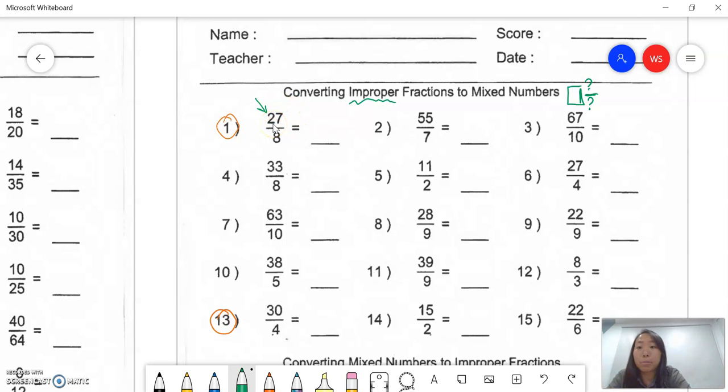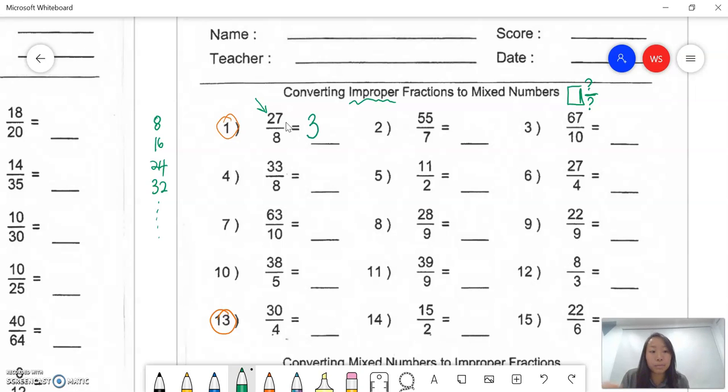Let's say, for example, you do need to know your times tables really well once more. 1 times 8 gives you 8. 2 times 8 gives you 16. 3 times 8 gives you 24. 4 times 8 gives you 32. I can go on and so forth, but I'll just stop there because my numerator is 27. So it's somewhere in between 24 and 32. This means that there are 3 groups of 8 in 27. So I'll write 3 as